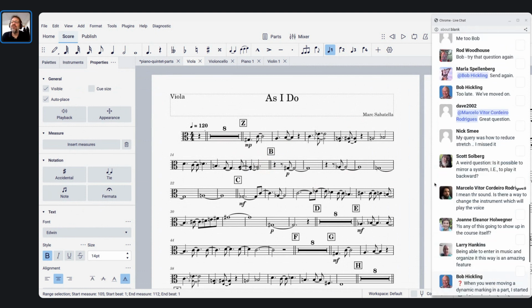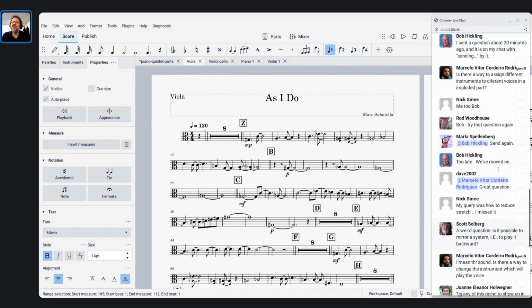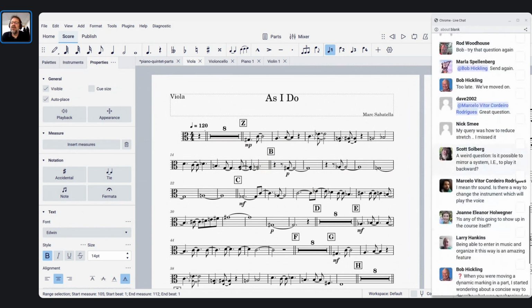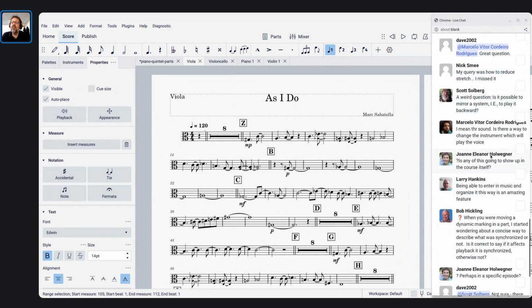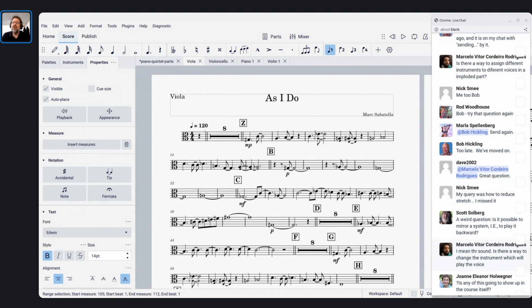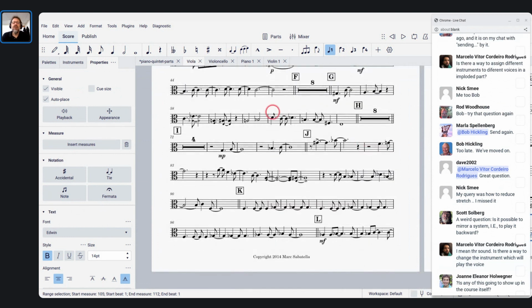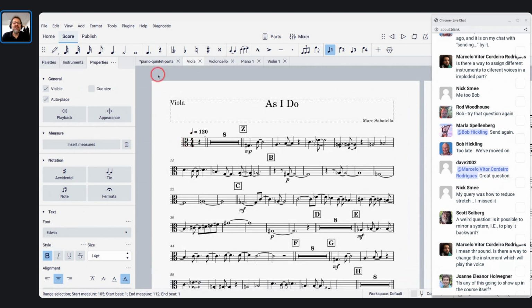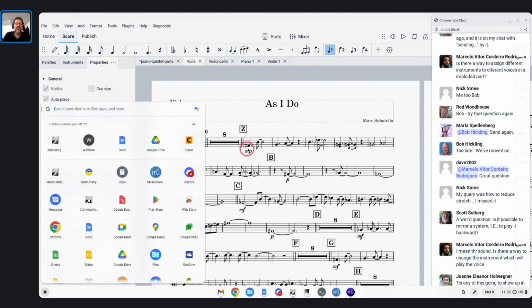All right, so I want to see if I've missed something else here, but Marcelo, is there a way to change the instrument which will play the voice? Oh, you mean, Marcelo, so you're not talking about parts, you're not talking about the appearance of the parts, you're just talking about the playback. So yeah, to change the playback sound, check this out. Change the playback sound for this viola part. If I play this,